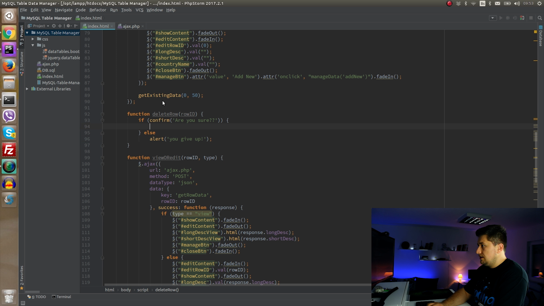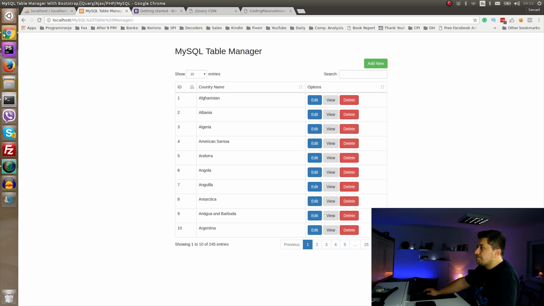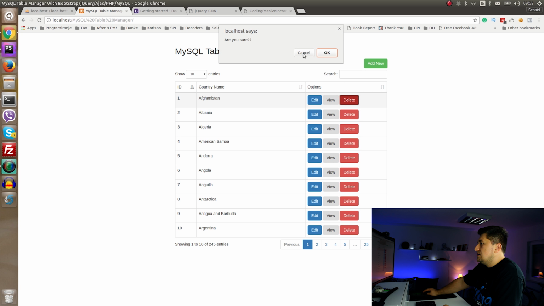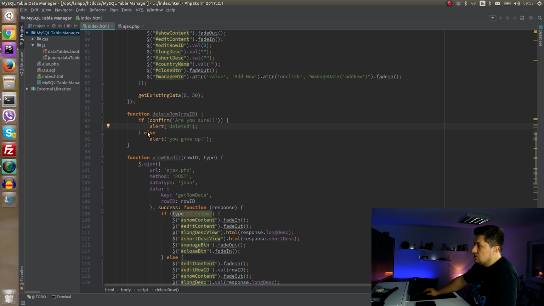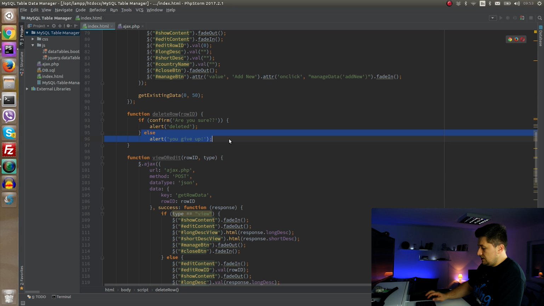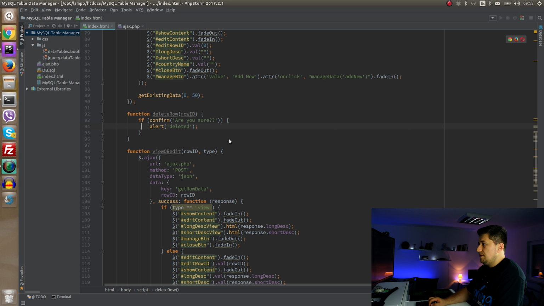And here we will say alert delete, just to make sure that this is working correctly. So press delete, it says are you sure, and you say cancel, it says you give up, say okay, it says delete, which is awesome. That part works great. So if the person doesn't want to delete, nothing will happen, and if he wants, we are